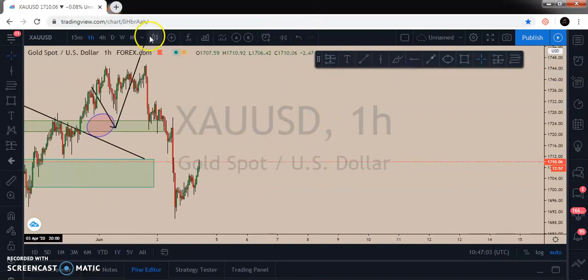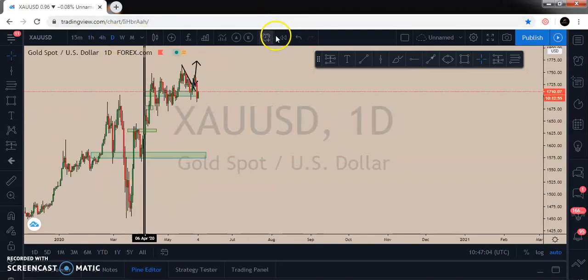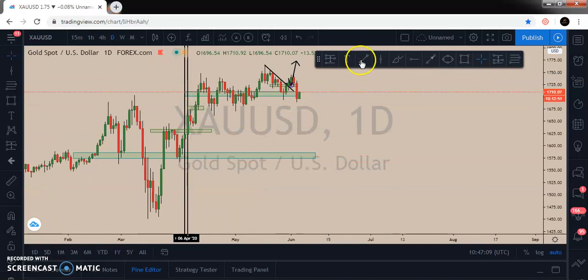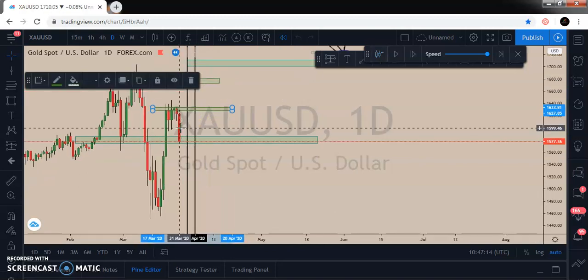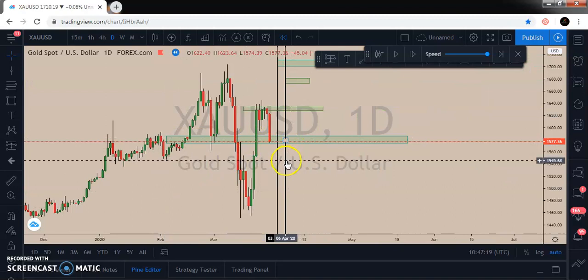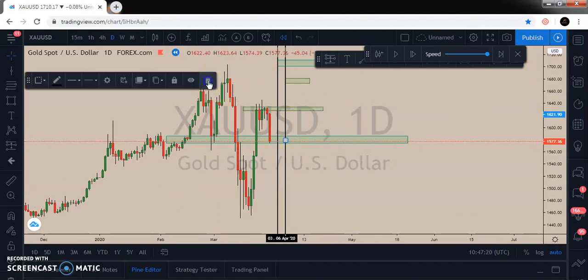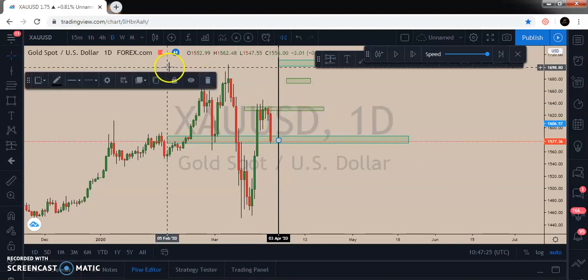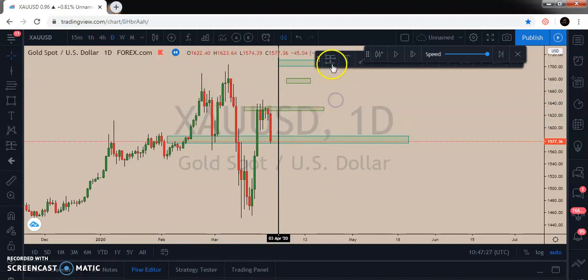Let me show you the replay tool. If the replay tool isn't working for you because you are not on a paid plan, this is what I will just do. I'll just cut off this market. Can you see it now? And I'll start backtesting and waiting for my strategy, waiting for my rules to pop up before I make entry. So this is how it is.